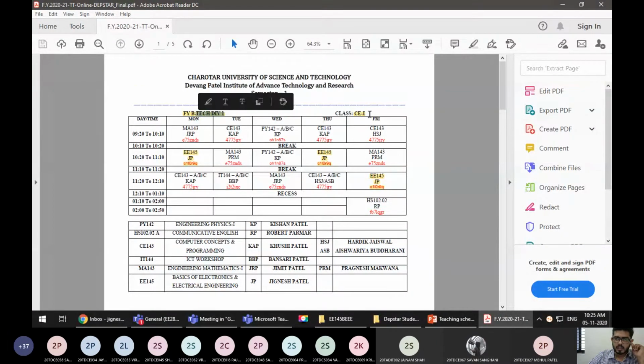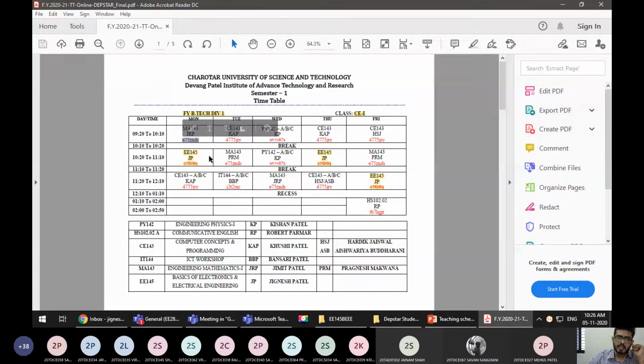So this is division 1, and this is the class name. You can see CE1. Division 1 would basically be 1, and C is for computer branch. So it is CE1. And then these are your time slots. This is the timing, and this is your subject code, faculty name, and this is your class code. You won't be needing this class code each and every time.